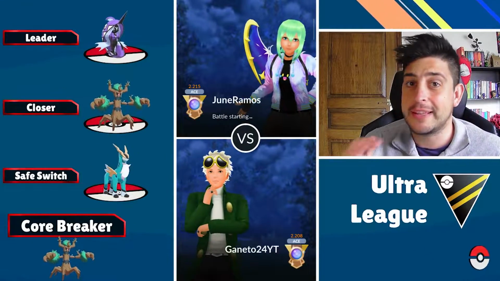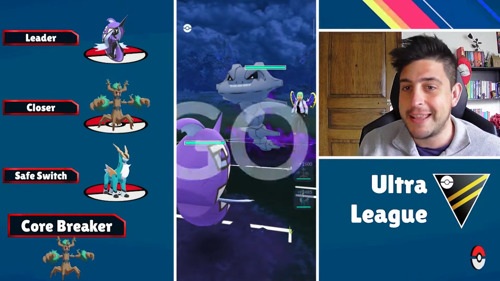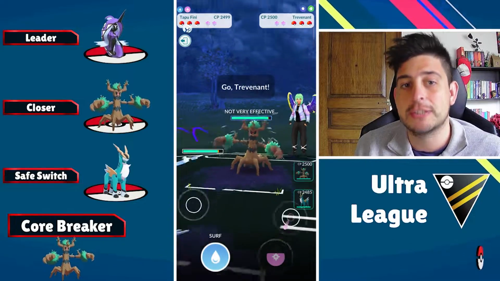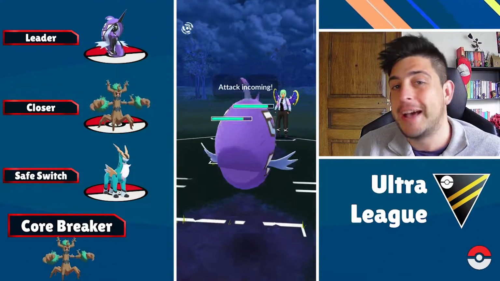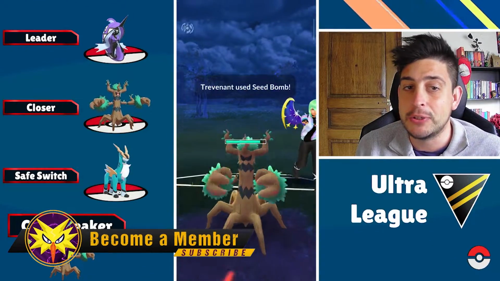We saw before that Tapu Fini is a very nice core breaker for the Ultra League, so here it is on the next team showcase as our leader this time. So we're gonna have a lot of action with this team. We have the Cobalion as a safe switch, while Trevenant on this particular position will do a lot of work